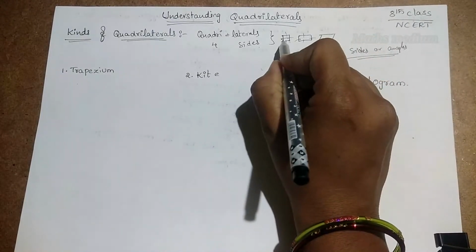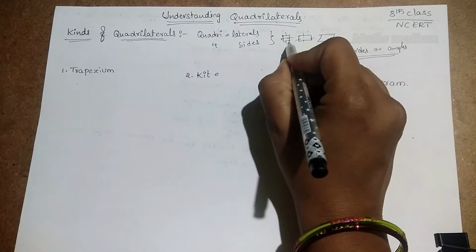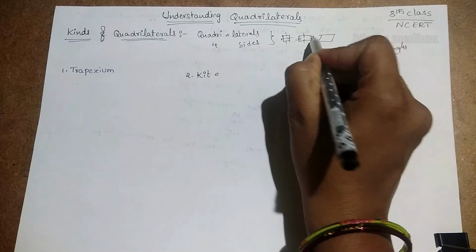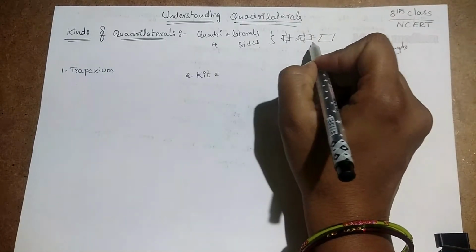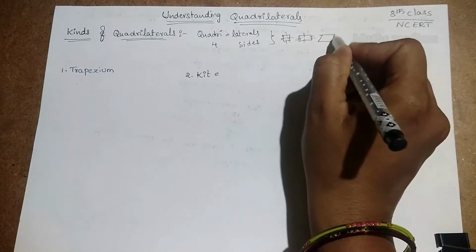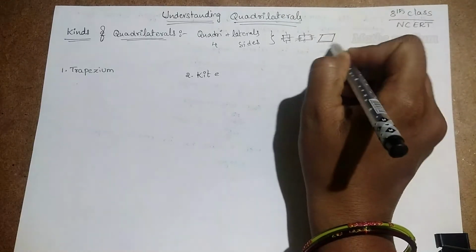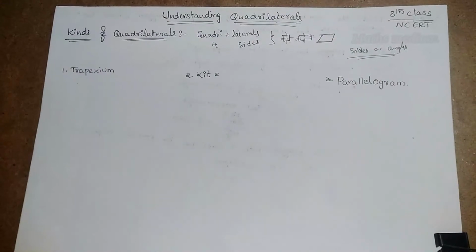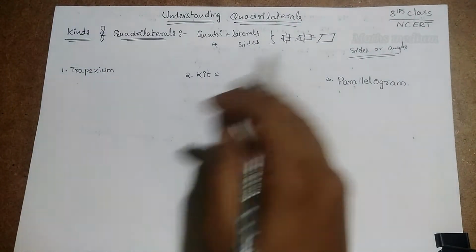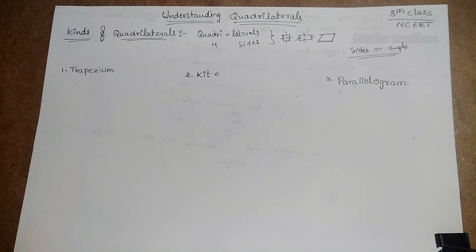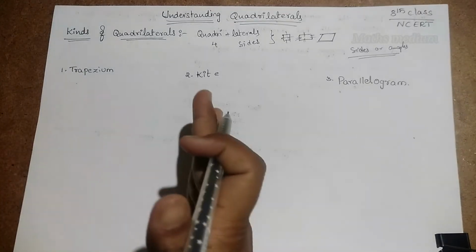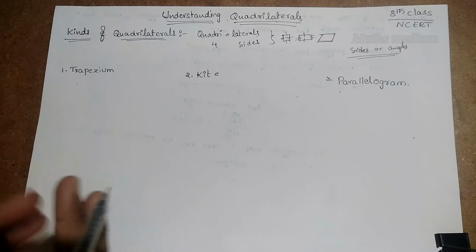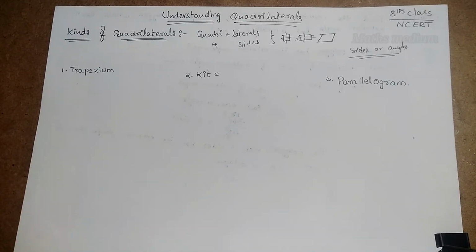If you take a square, it has four sides equal, it is a quadrilateral. If you take a rectangle, its opposite sides are equal, it is also one type of quadrilateral. And a parallelogram, it is naming itself, it is telling it has parallel sides. So these are quadrilaterals. But apart from these three, we have to know about the trapezium and kite. These names came with the existence of their sides or angles.